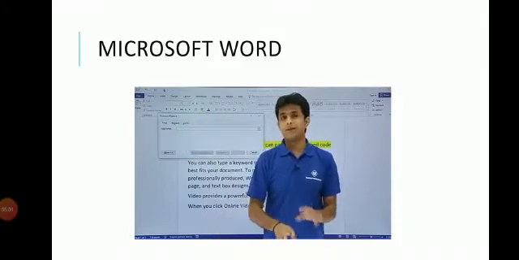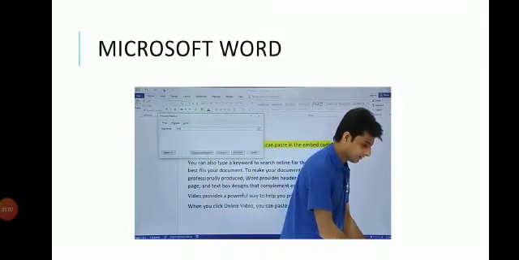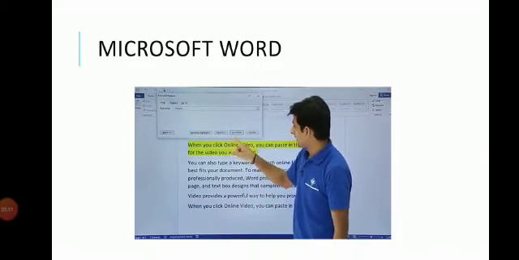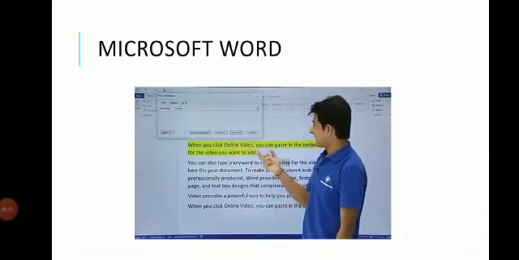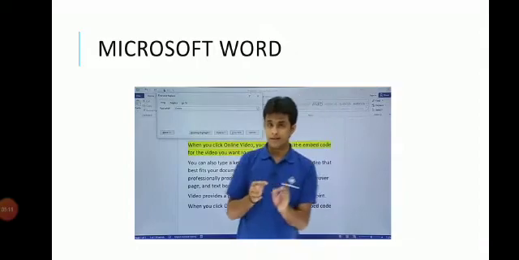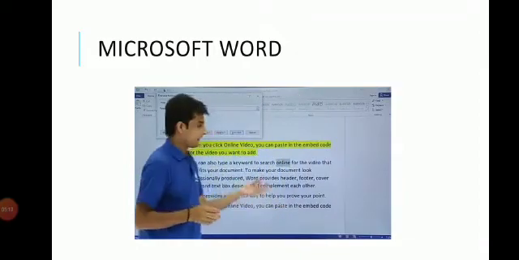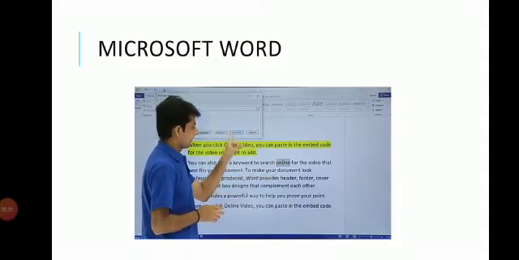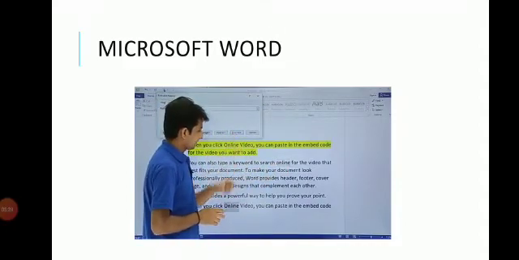Find what? And I'll type here some text. Let's say I'll type here online. I want to find the text that is given as online, and I'll click on find next. So once I click on find next, wherever my cursor was there, from there it will start finding. So it started finding here itself. So that is the text which is online. If I click on find next, see what happens.